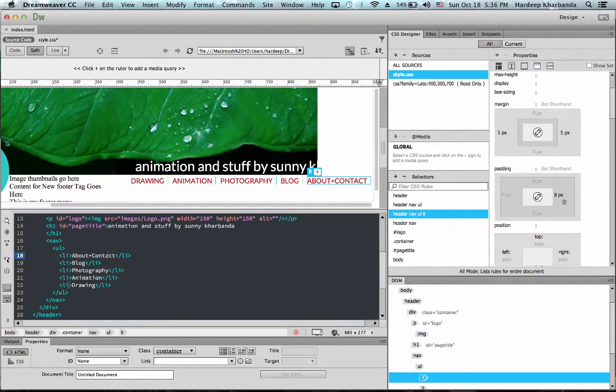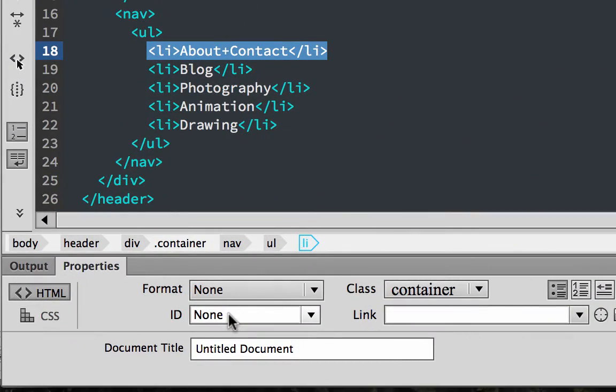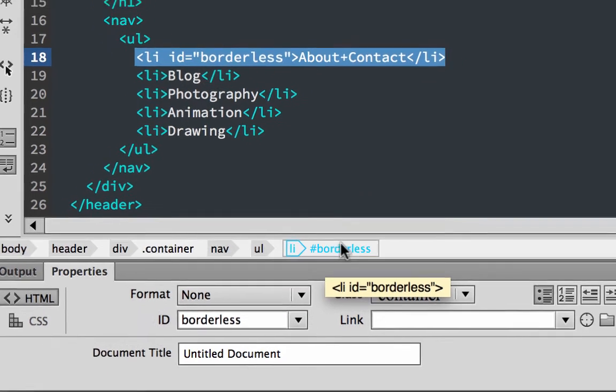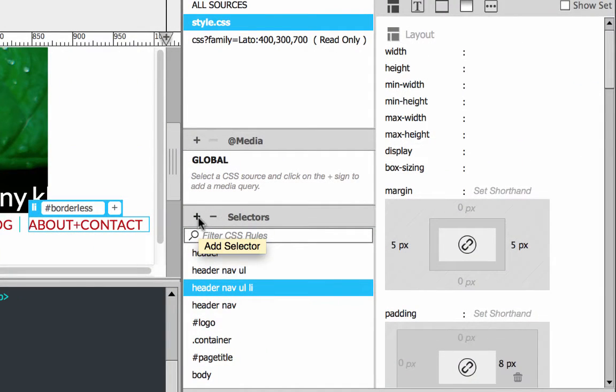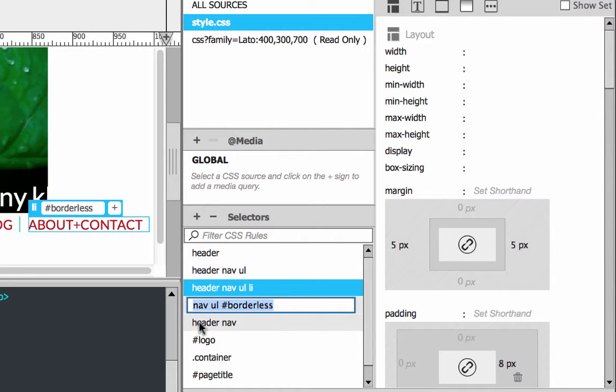So in my HTML code, I've selected this particular list item. I'm going to give it the ID borderless, where I could have given it anything. The name is entirely up to me, but I chose borderless because it makes it clear to me what this ID does. Now, with this list item with an ID of borderless selected, I'm going to go ahead and add a selector for it.